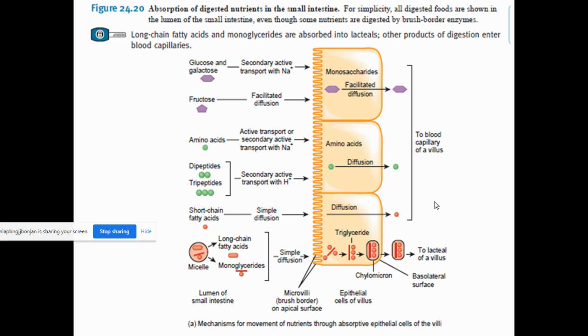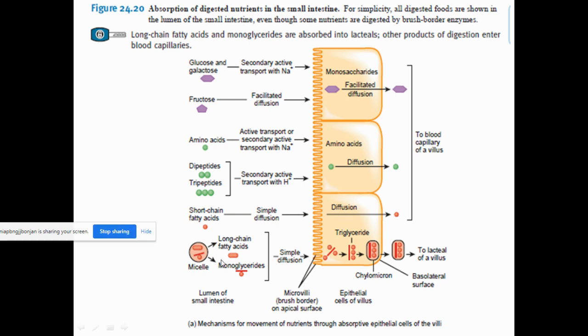Only 80 to 85% will be absorbed, and those people who have undergone removal of the gallbladder will also have some problem because of the shortage of bile acids. If the emulsification does not happen, the digestion and absorption of the fatty acids will get affected, and they will be present in the feces. They will be lost in the feces. They will not be able to make use of the fats.